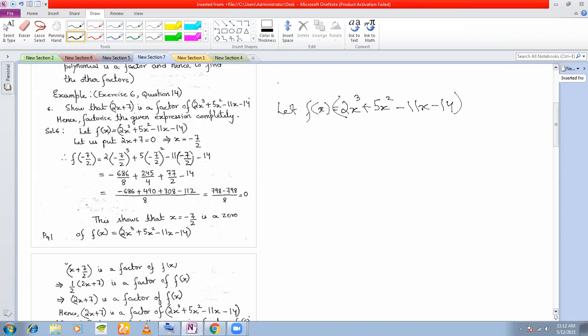Okay, this is how we start. Now you need to show that 2x plus 7 is a factor. So what my first step is to put 2x plus 7 is equal to 0, so that you get x is equal to minus 7 by 2. Okay, so let us now check